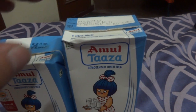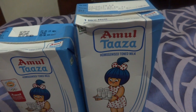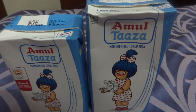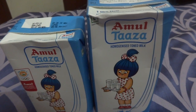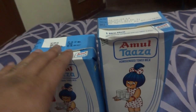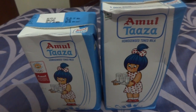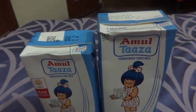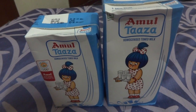So that's my feedback. And see, these are small things, but they are among the overall nitty-gritties, because I am probably one of millions who use this. And nowadays what's happening is, instead of that traditional packet milk, or the milk which you would bring home in a container, especially in urban areas of our country, like the way it is abroad, more and more people are going for this because it is much more convenient. You just buy it, no need to boil, nothing. You just open it up and pour it and put it back in the fridge